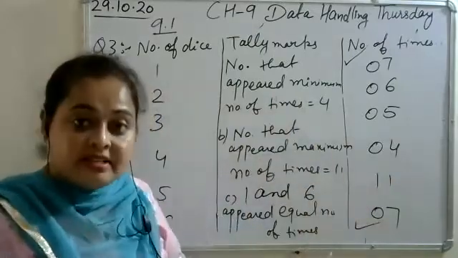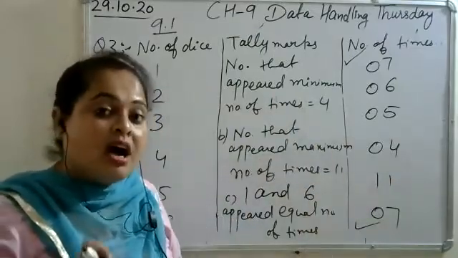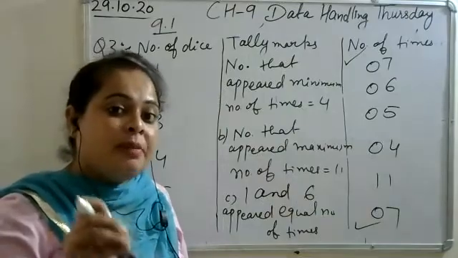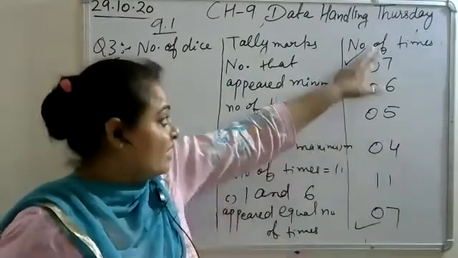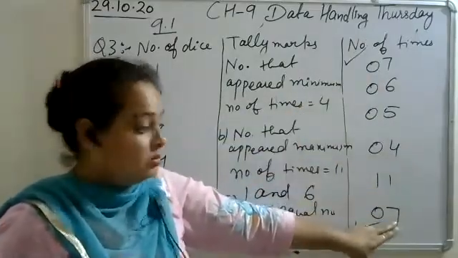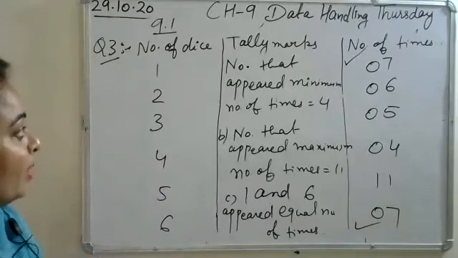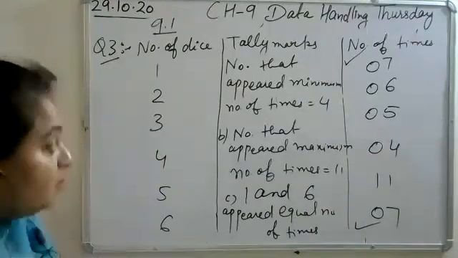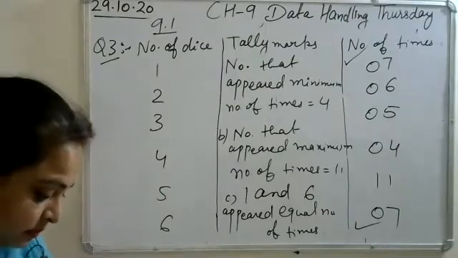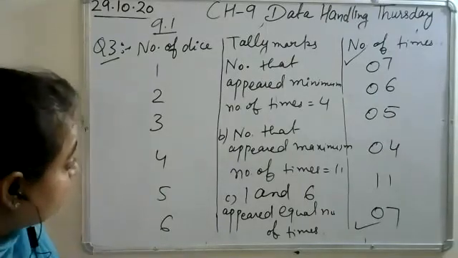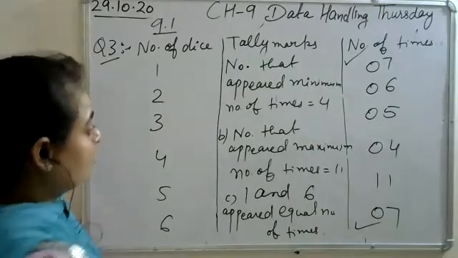After the organization, to give the solution of A, B, C part, you will check this third column. We will check this third column. The question is number that appeared minimum number of times is equal to